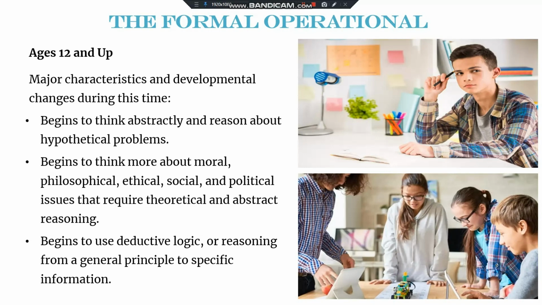It allows someone to consider what if. A person with this skill can imagine multiple solutions and potential outcomes in a given situation. For example, a child can think of numerous ways of solving a single problem, then choose the best option based on how logical or successful it is likely to be. For example, math problems. They will try to look for a better solution on how to answer the problem in an easy way.